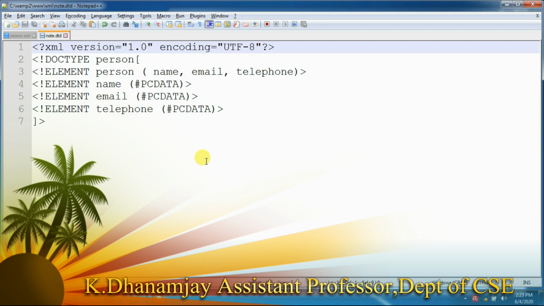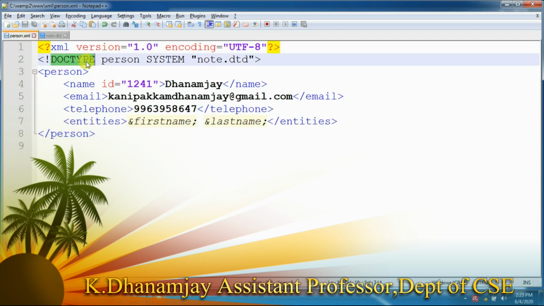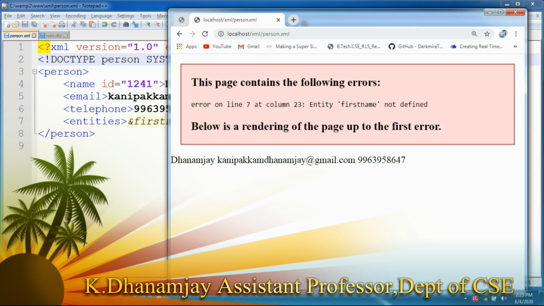I am saving this. Now in person.xml we have to specify one more doctype, person, that is the root element, then SYSTEM is a predefined word, and the file node.dtd inside it will be taken. You have to give the path here. Now save the program and run this.